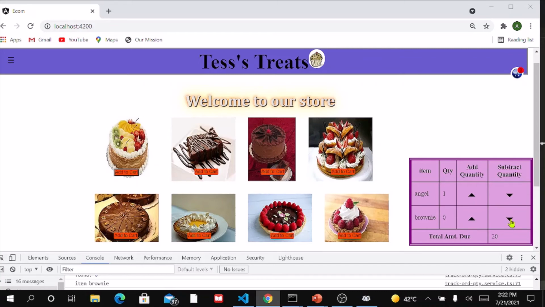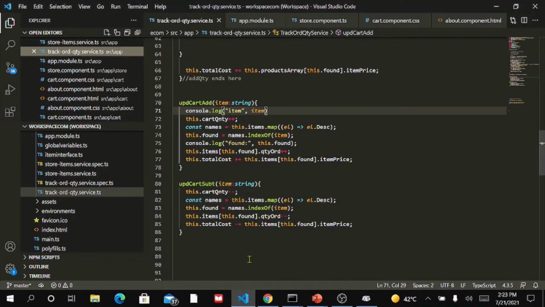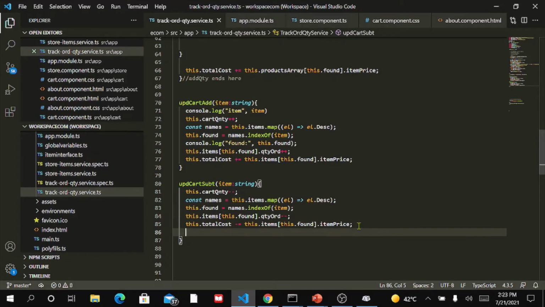Decrease again, decrease, decrease. Now, when the item quantities come to 0, should the item still be in the cart? Should not, right? So we'll see how to remove these items from the cart. Come back to your trackOrderQuantityService file. And of course, there needs to be some modification of our updateCartSubtract function. So we'll do this here. You see,